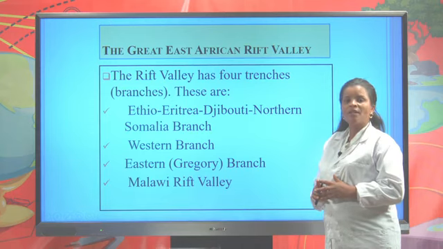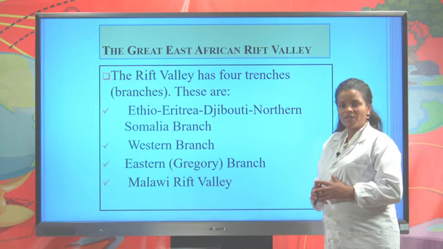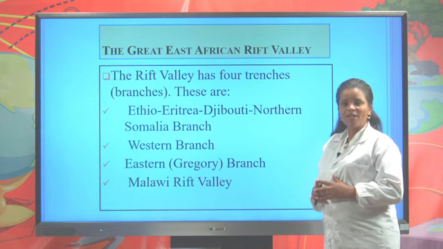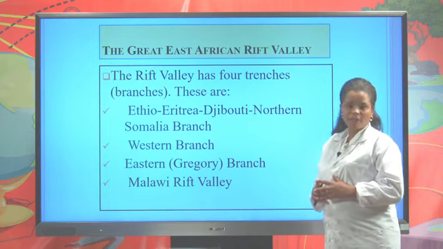This land feature is the result of the faulting process. When the land between two parallel faults sinks down, a Rift Valley is formed. So the Great East African Rift Valley was formed because of the faulting process that happened during the Tertiary period of the